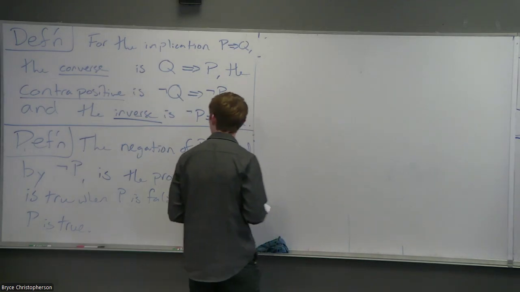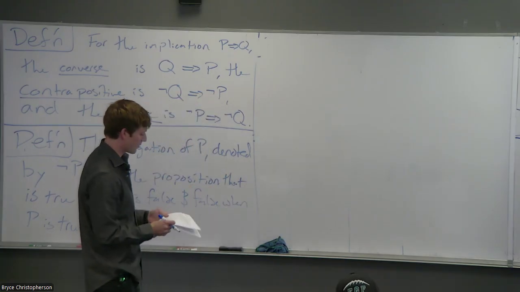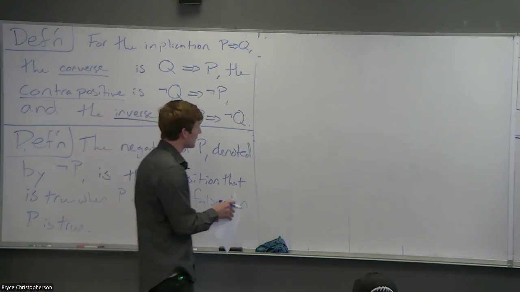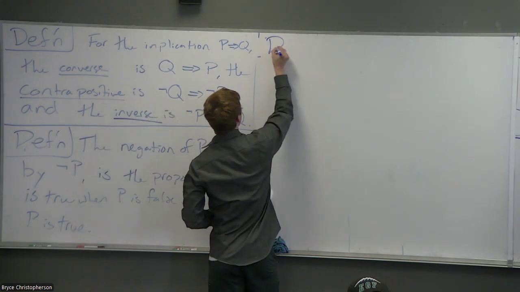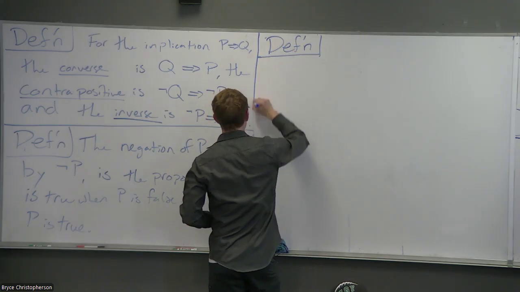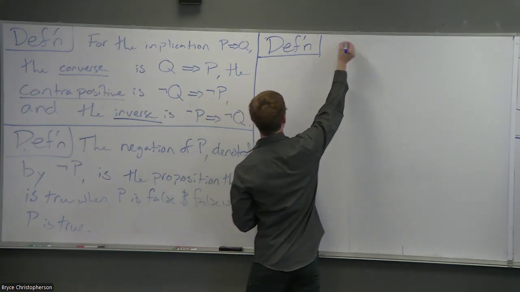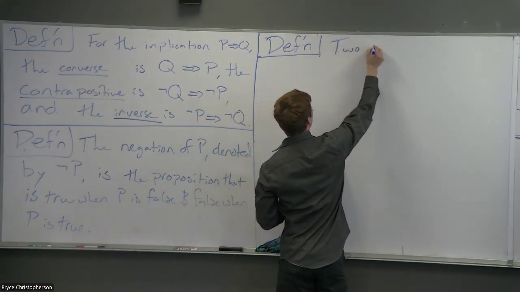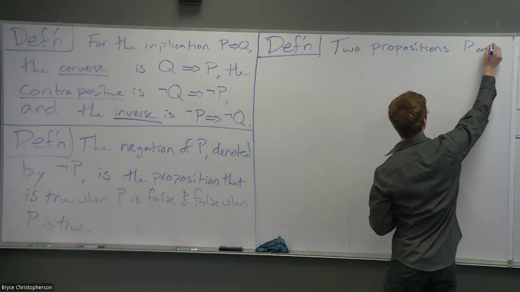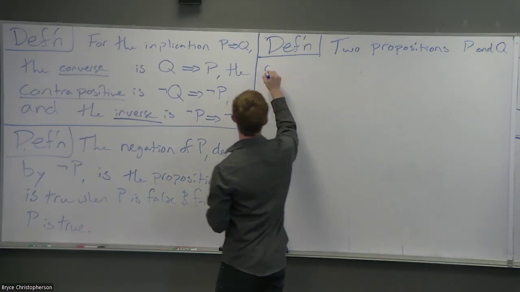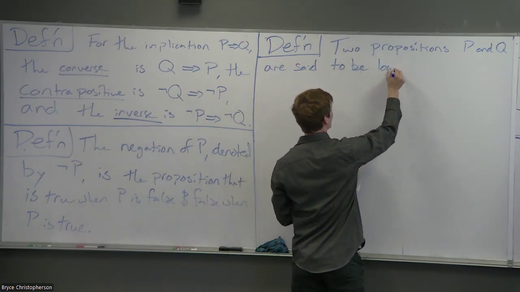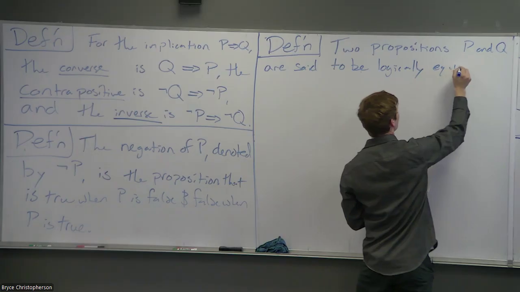Okay, fair enough. So the contrapositive, the inverse, negation, all the good stuff. The next thing would be logical equivalence. So this is all about implication and the converse. So definition: two propositions, P and Q, are said to be logically equivalent